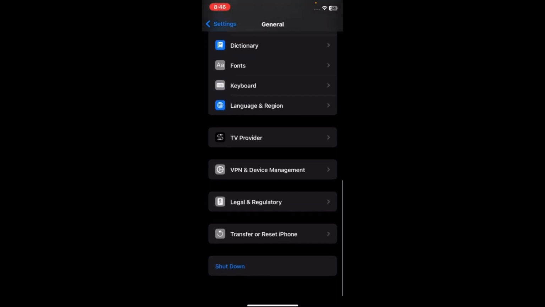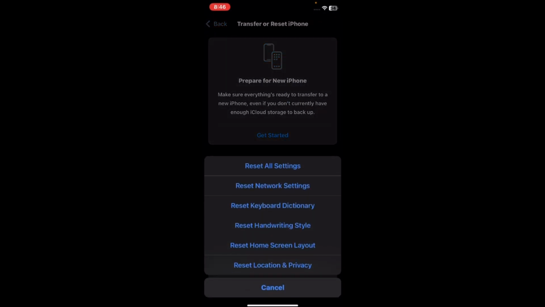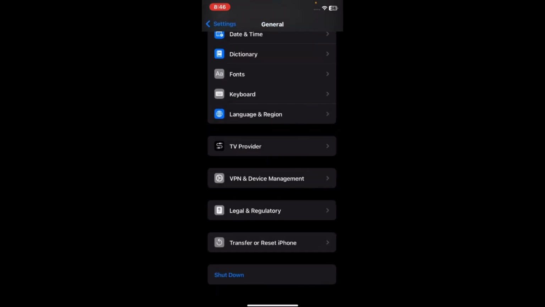After that, scroll down and find the app settings of Transfer. Just tap on that, tap on Reset, and reset the network settings from here. After that, just go